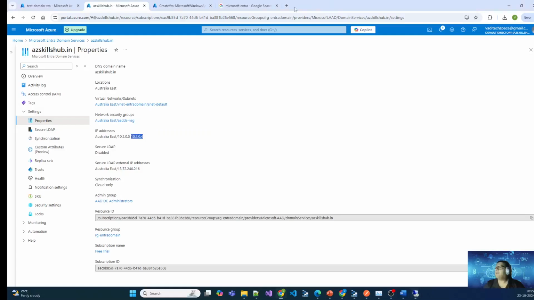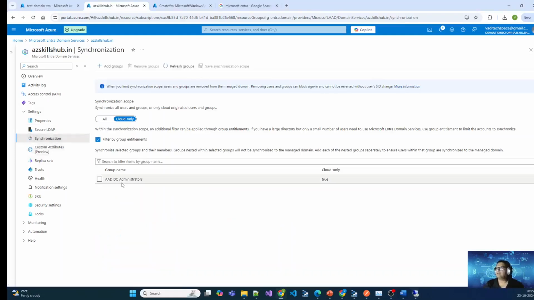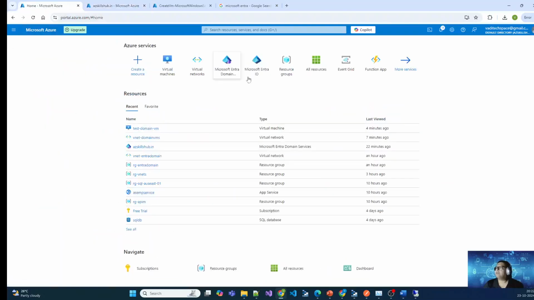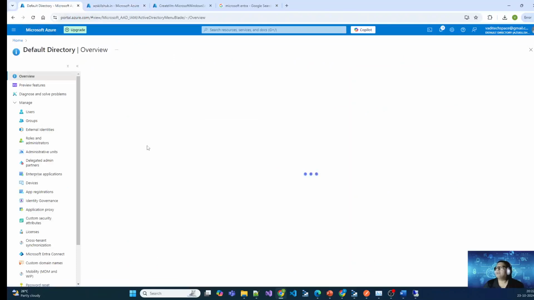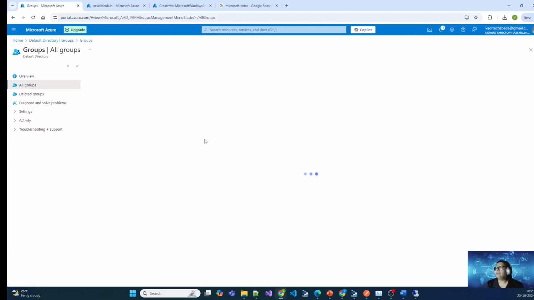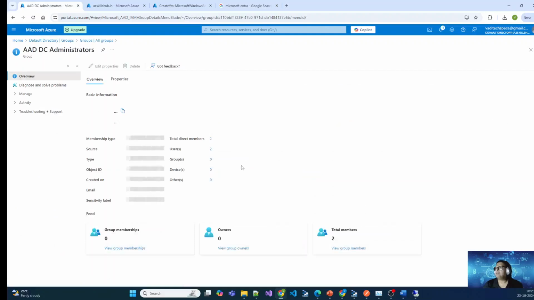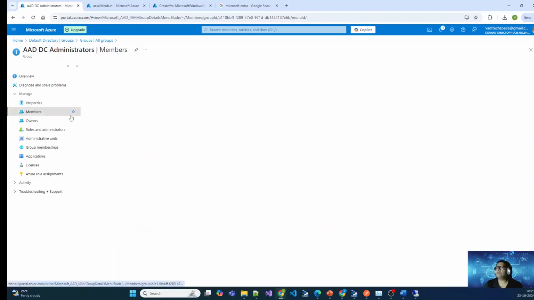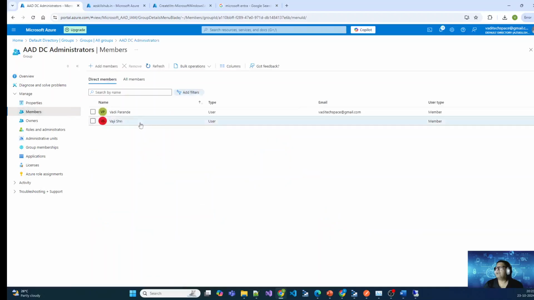Now, using which user do I need to log in? So if you go to the synchronization, this group administrators are there. So now let's go to the Entra here. Okay. In the Entra, I go to the groups. I have a group named ADDC administrators. There are two members in the group. So I'm going to go to the members, and there is a user called